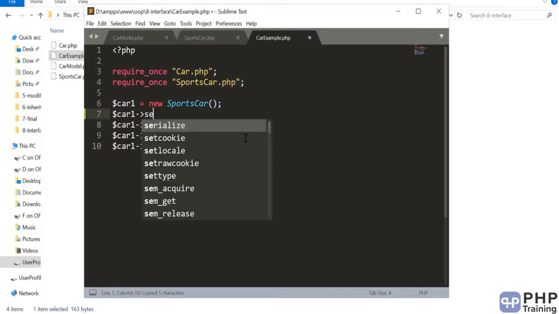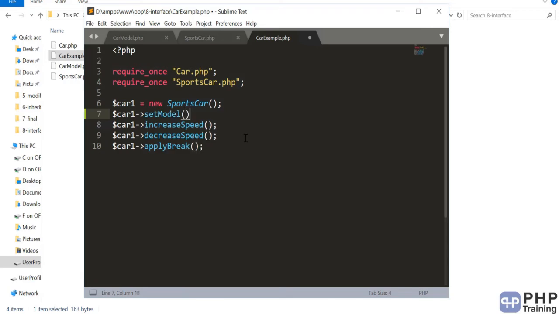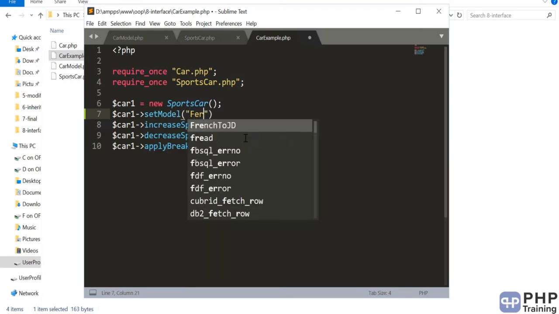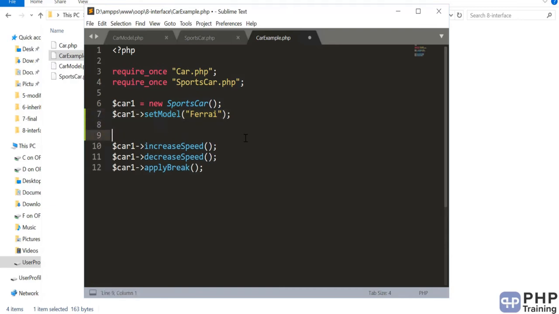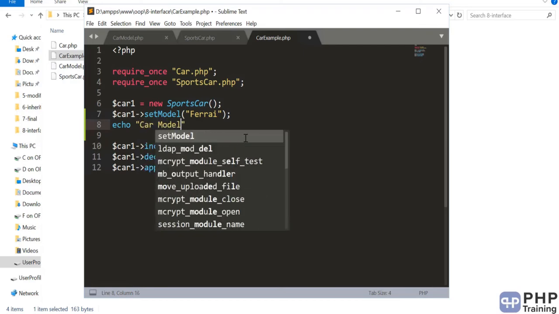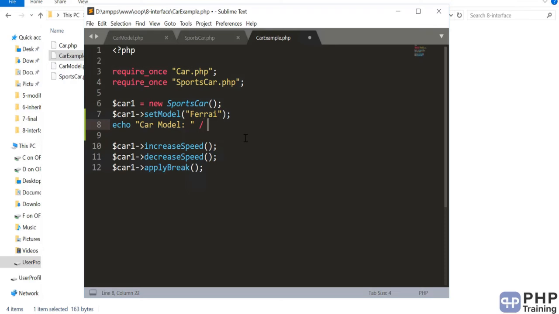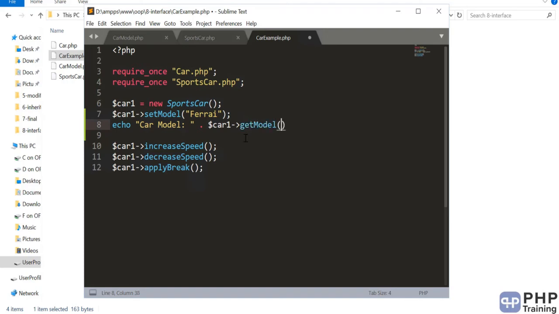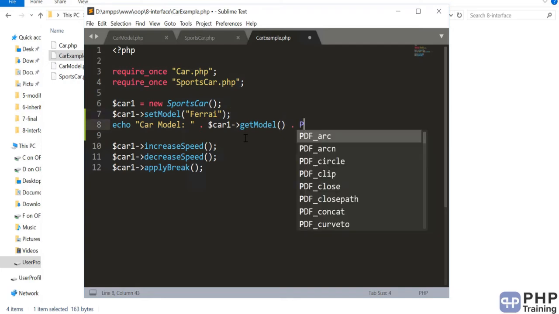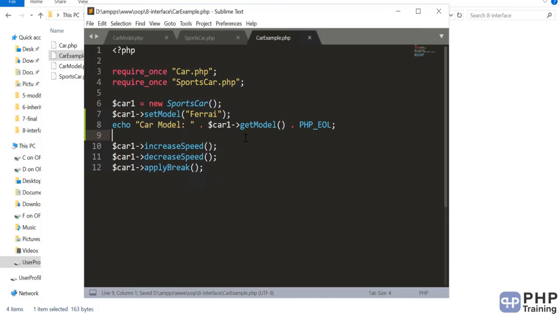So now we will say set model. So we have Ferrari, and now we try to echo the car models. So car model, you say get model, okay.